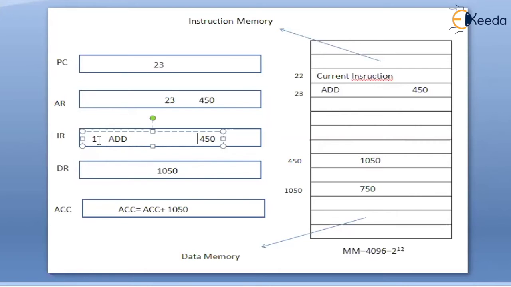But when it is the indirect addressing mode, that is 1, this address part of the instruction is going to specify an indirect address, an address in which there is another address. In that address, there is the operand. That means that in the direct addressing mode, 1050 was the operand, because it's a direct address. In the indirect addressing mode, this 1050, which is available in 450, is no more an operand, rather it is one more address. So in the indirect addressing mode, 750 is the operand. In the direct addressing mode, 1050 is the operand.